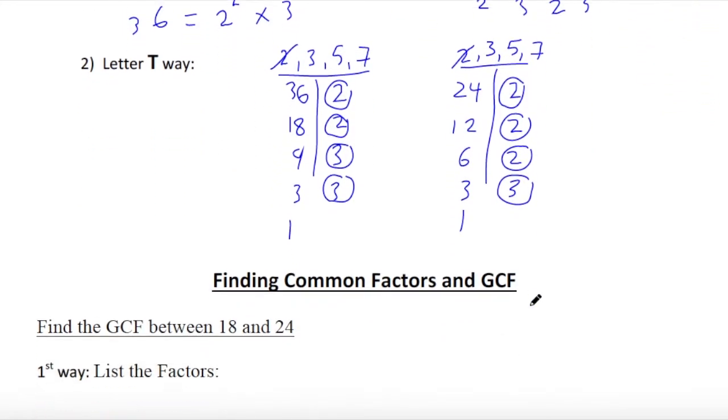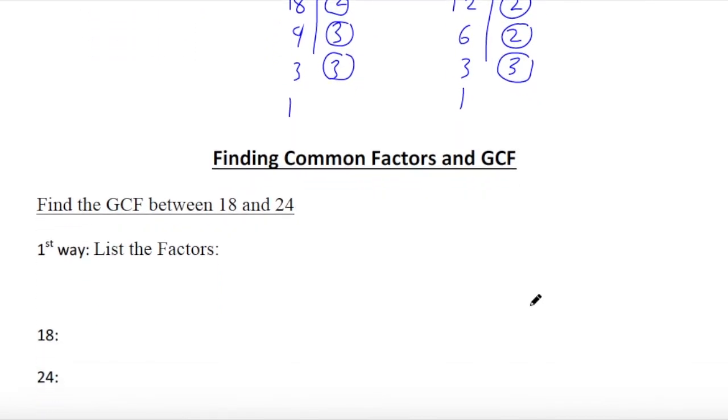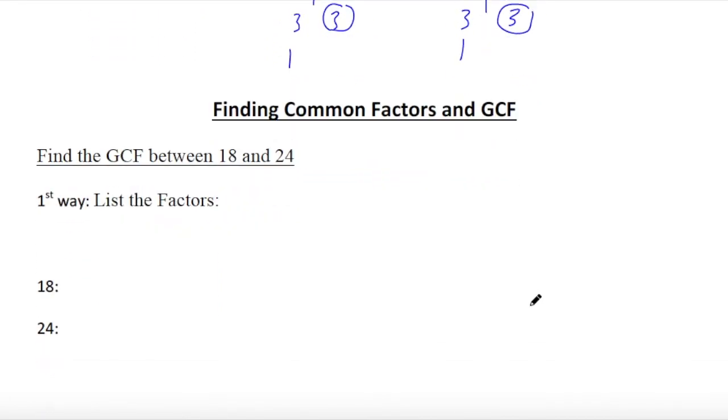Now going to GCF. What is GCF? The greatest common factor. Finding common factors and GCF. Find the GCF between 18 and 24. We have two ways. First way is to list the factors of both 18 and 24, then find the common factors. For 18,